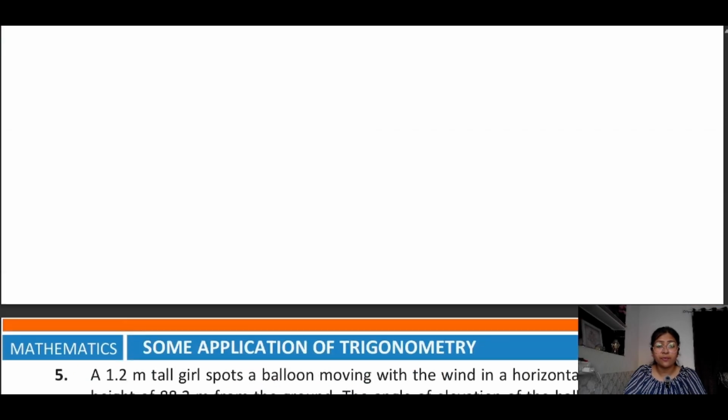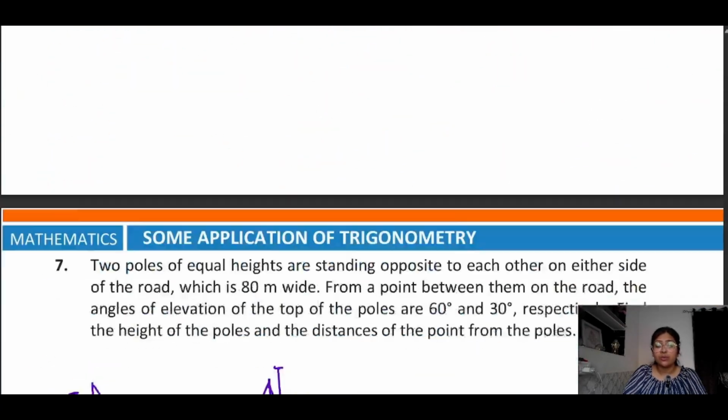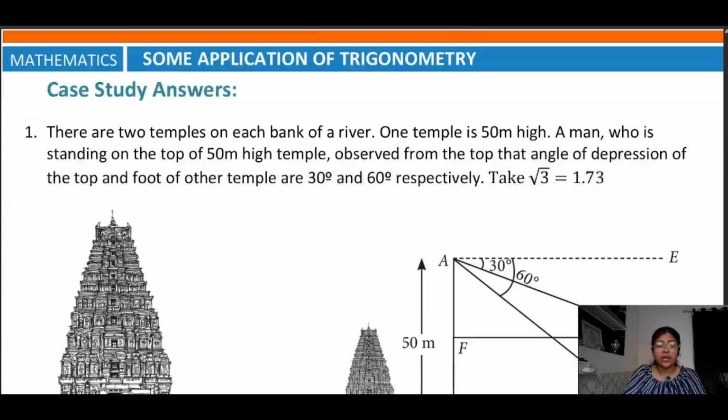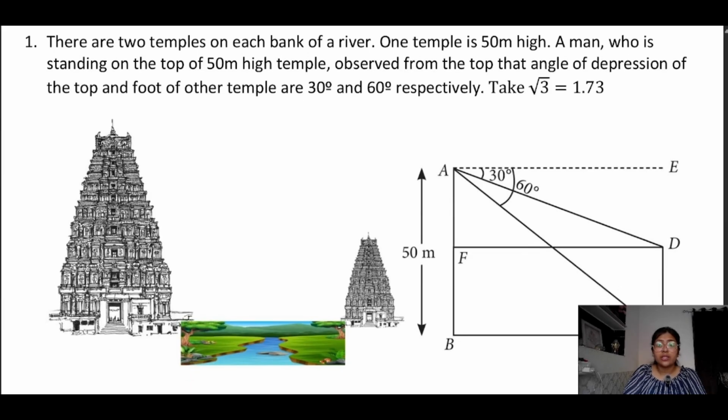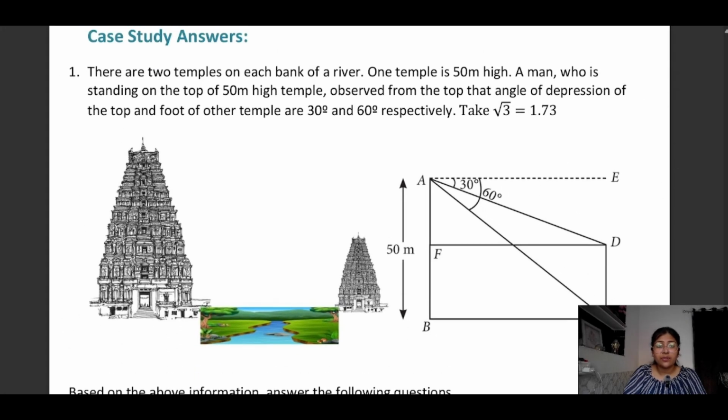You need to tell me the answers of question number 9, question number 8, question number 7, and also question number 5. The rest of the other questions we had done in detail. So the questions which were left, you need to try on your own and tell me the answer till question number 9. Okay, now this is a very easy question. You can easily answer. First read this.